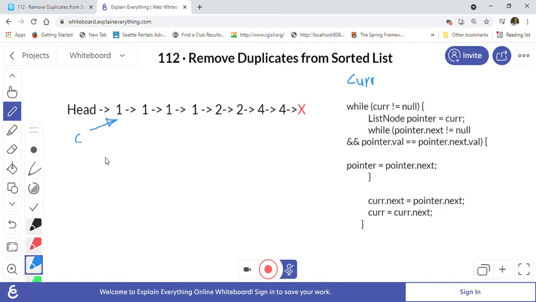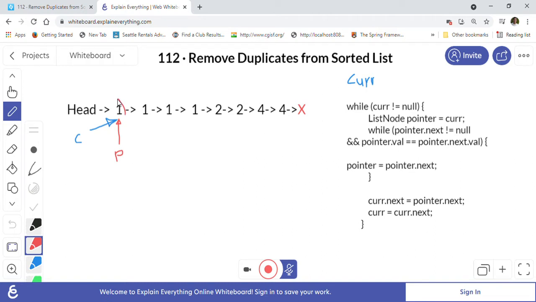So what we will do is, where our current pointer is pointing here, we will take another pointer which is a list node, and it will point to the current first, right? So we will take another pointer called pointer, and it will point here. We will move this pointer as long as we see the same value in its next node, right?